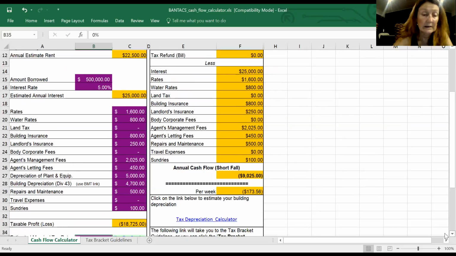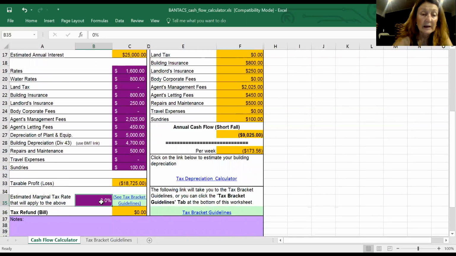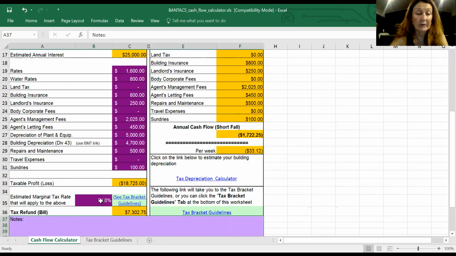Now, the next thing we need is your tax rate. If the property is in joint names, just add your tax rates together and halve them to put the tax rate in here. So we're going to put in 39%, which is a pretty high rate for negative gearing. That's sort of over $80,000 a year, but under $180,000 a year. Now, by the time you get your $7,000 refund,